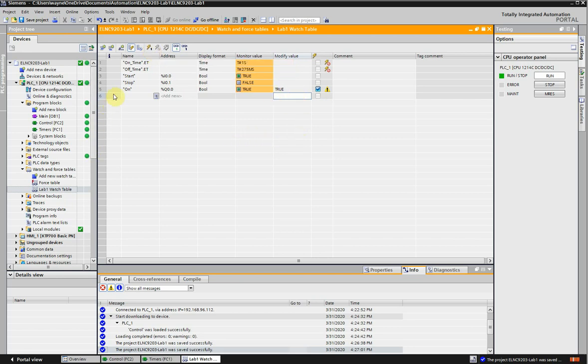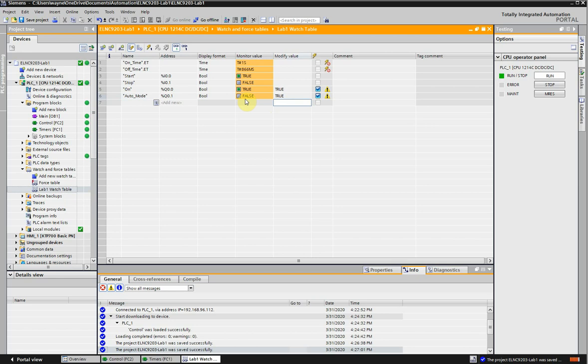So what happened is, if this output was off, it modified it to on until the next scan of the PLC modified it back to false. And that could have been the next scan. So this isn't a very good way to show how to modify values. So I'll tell you what, let's put in our auto output, which is Q0.1. Now this output is not being modified in the ladder logic. So if I go ahead and type in true here,